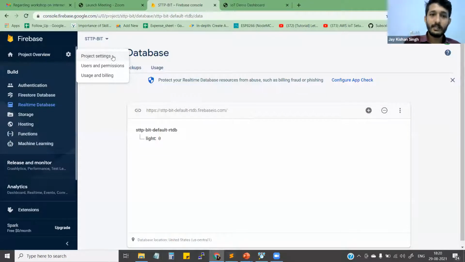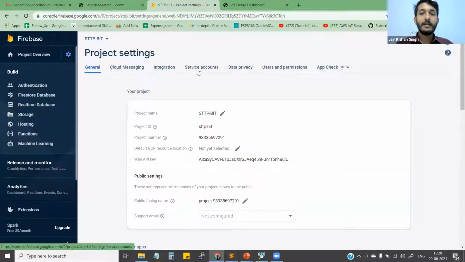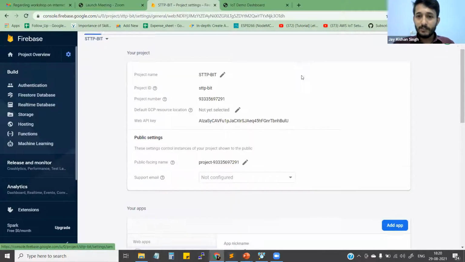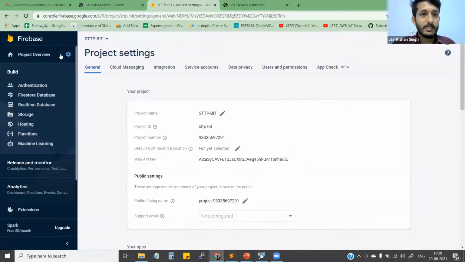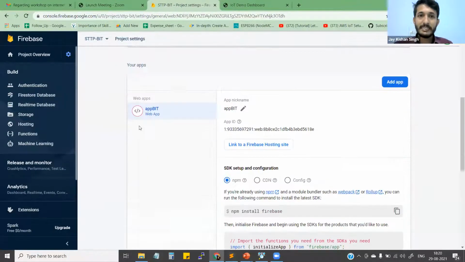Just understand how things are working, and later, as it was mentioned in the chat box, you can see that video again, right? And in between, if you get any questions, you can always ask, right? Fine. So this is the section in the project settings. Just going to the bottom, and again, see, here we have an app. This is the credential we have here, the app I just created for the demo purpose.